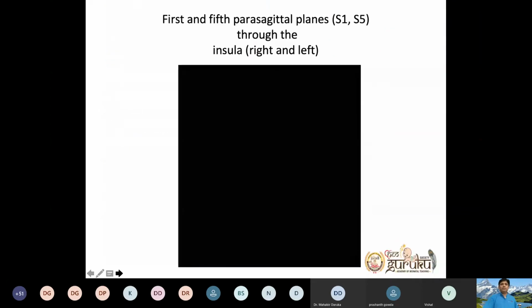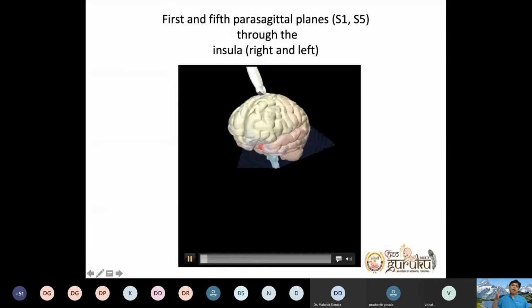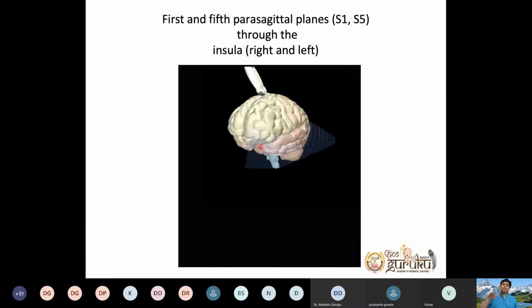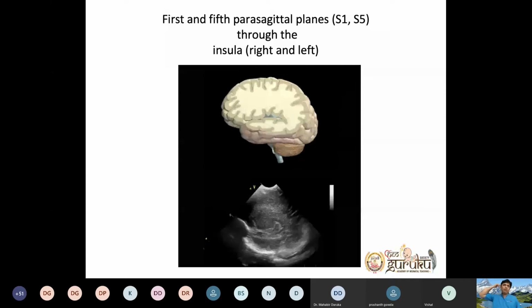So this is the last plane. We are trying to cut away from the lateral ventricle through the lateral sulcus. That is, we are trying to see the insula. The insula is what you touch when you put a finger from outside through the lateral sulcus or Sylvian fissure, deep inside. So we are trying to see the frontal, parietal, occipital and temporal lobe through this, and a bit of the occipital lobe also. So this is how it looks.